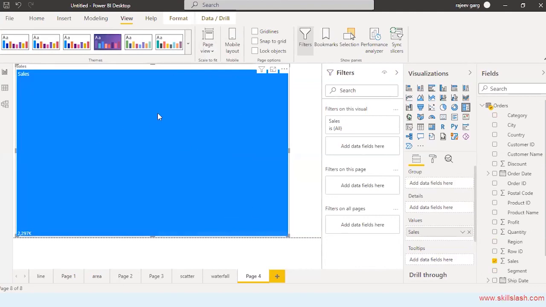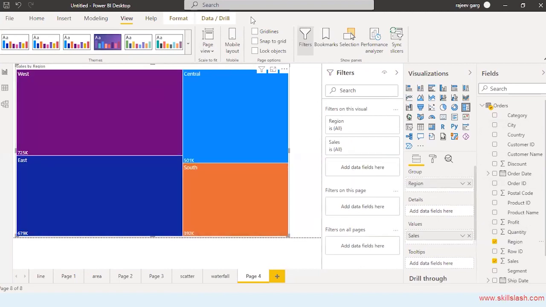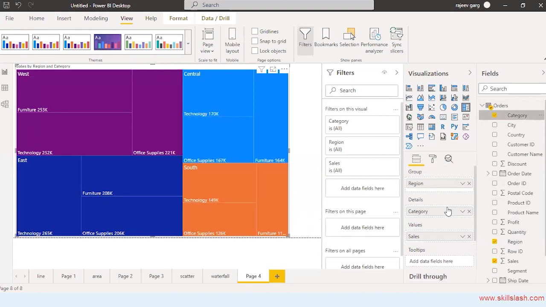So assume this to be the trunk of the tree. And if you put region over here, now these are 4 branches from that trunk. Now, if I put category over here, there are more branches from these 4 branches, and so on.